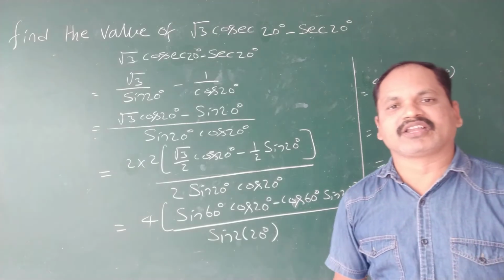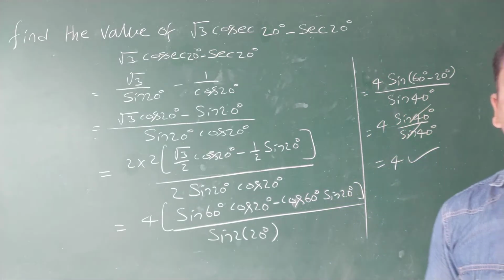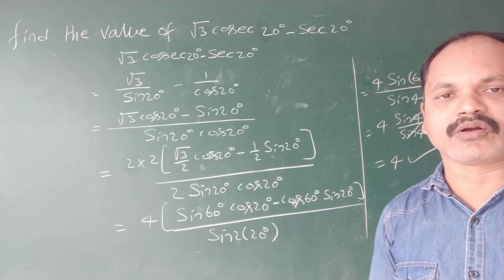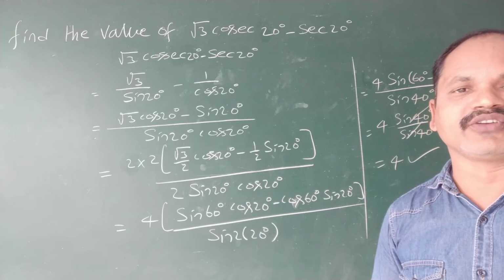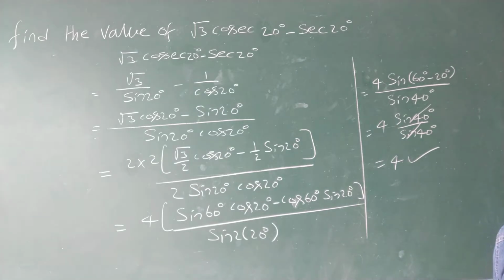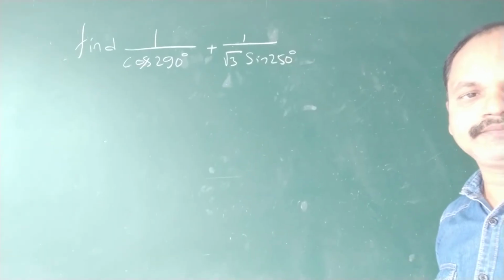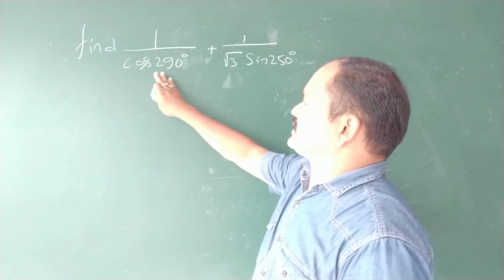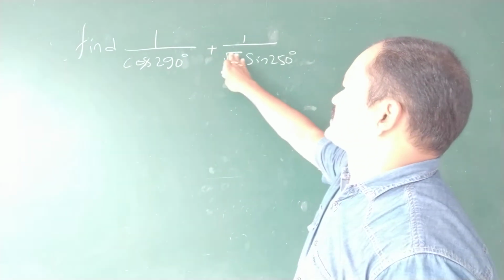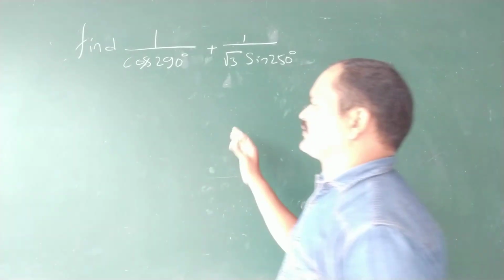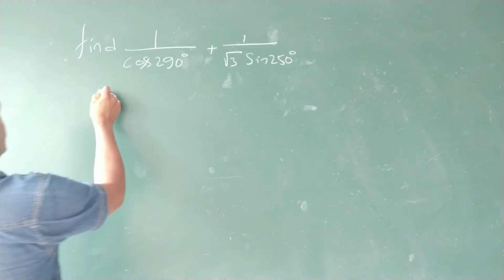So I will give practicing questions on this concept. Of course, I can explain one more question. After that, I will give practicing questions on this concept. Write it fast. Now the question is, find 1 by cos 290 degrees plus 1 by root 3 sine 250 degrees. So that can be written